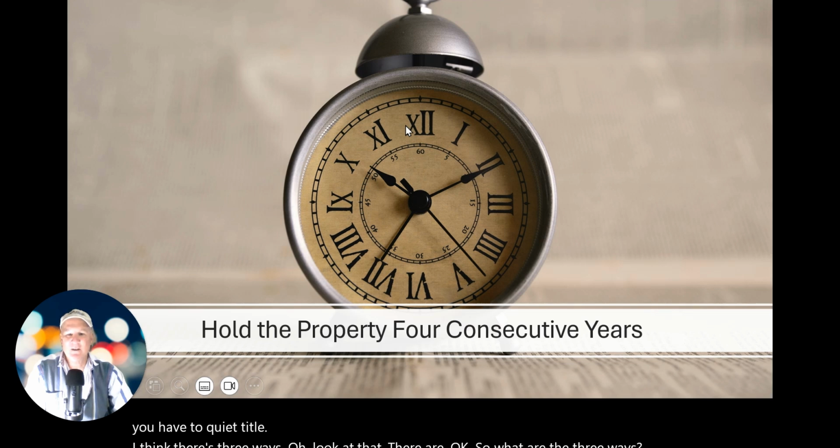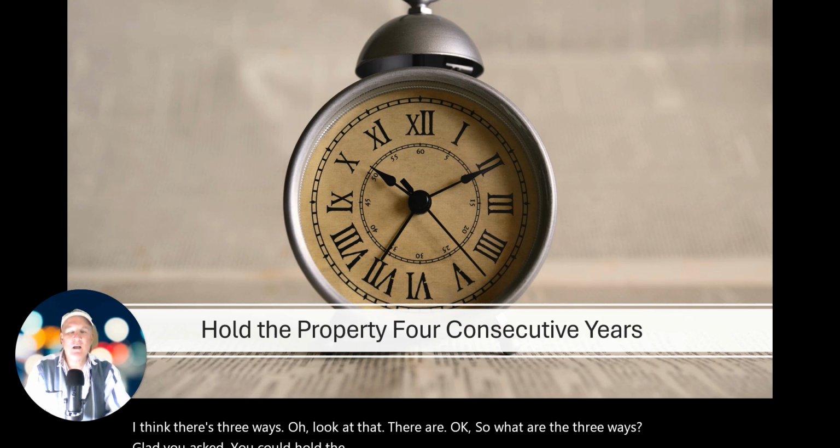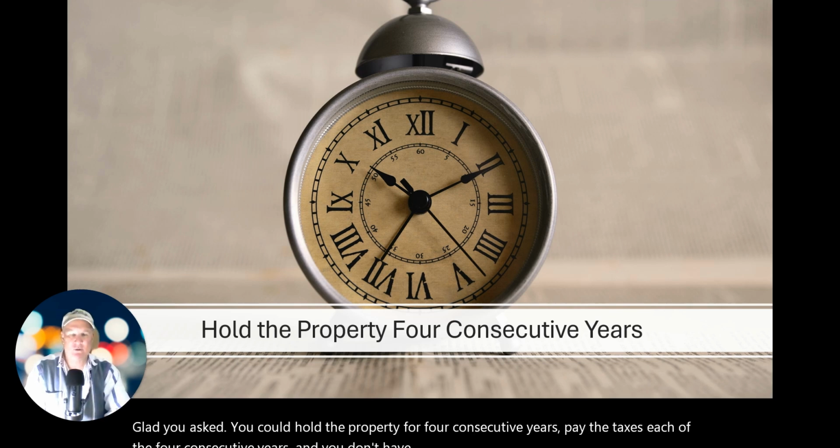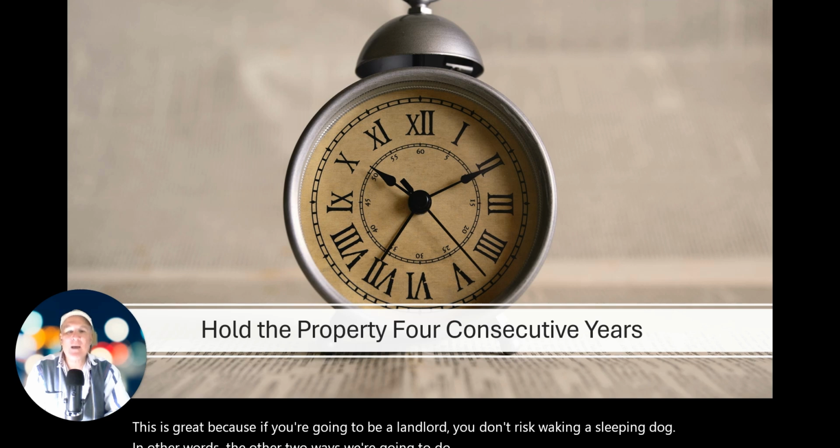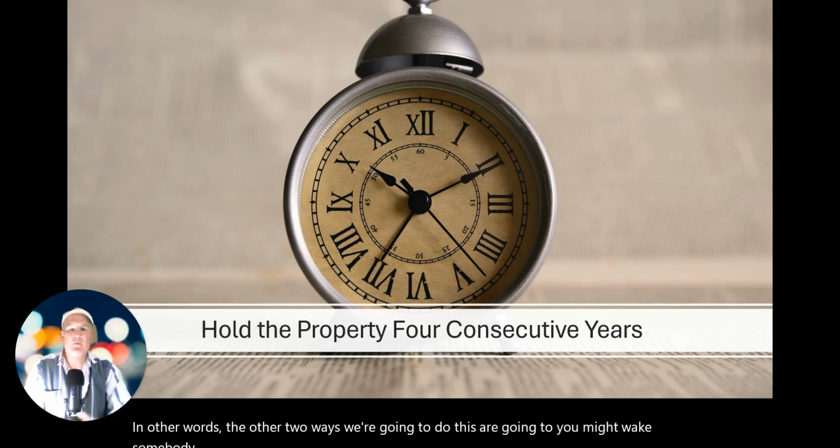Glad you asked. You can hold the property for 4 consecutive years, pay the taxes each of the 4 consecutive years, and you don't have to do anything else. This is great because if you're going to be a landlord, you don't risk waking a sleeping dog. In other words, the other 2 ways we're going to do this, you might wake somebody up. But if you hold the property for 4 years, all you have to do after the 4th year is go